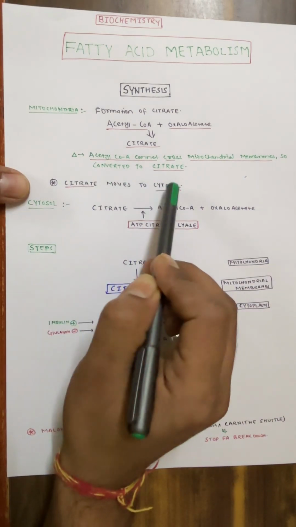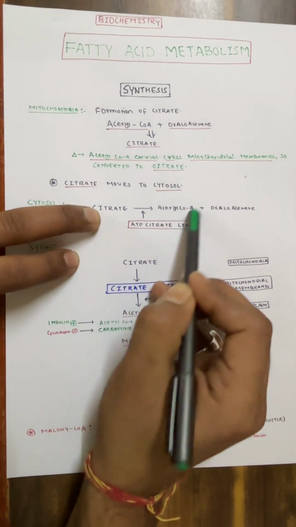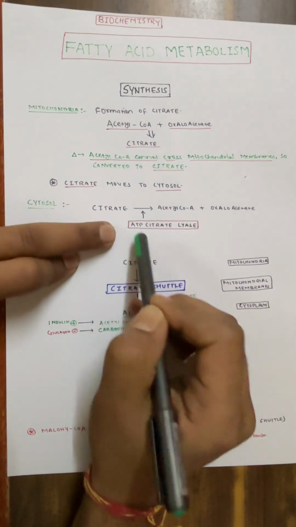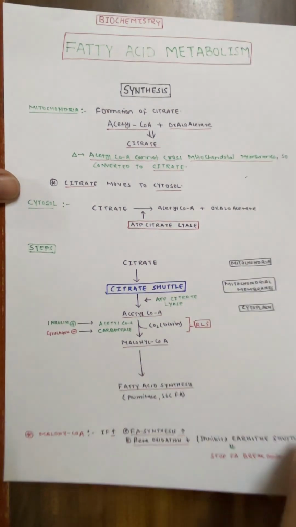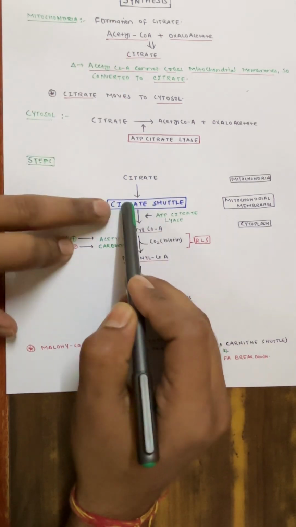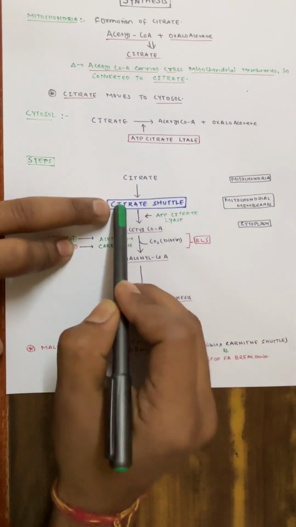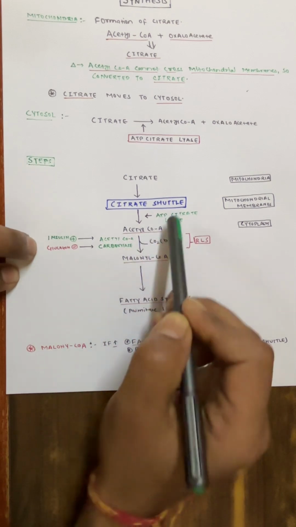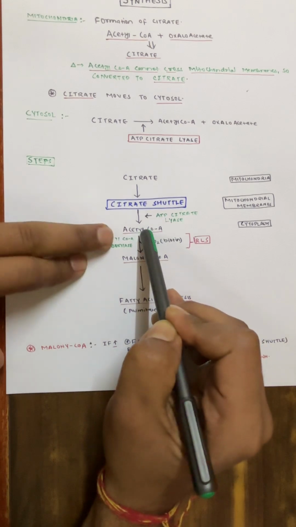Now this citrate moves to the cytosol. In the cytosol, again this citrate converts to acetyl coenzyme A and oxaloacetate. And over here the enzyme used is ATP citrate lyase. Now let's see the steps. You can see that this citrate is in the mitochondria. Now it's passing the mitochondrial membrane with the help of the citrate shuttle, and coming to the cytoplasm. And over here the enzyme being used is ATP citrate lyase, so that acetyl coenzyme A is again formed in